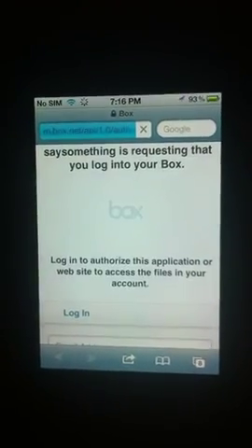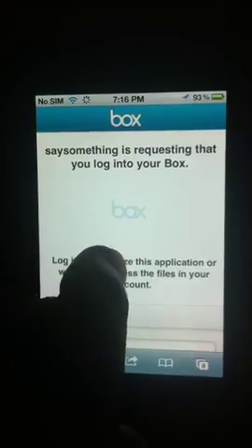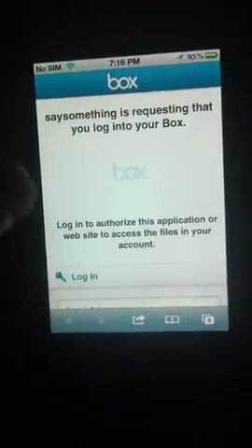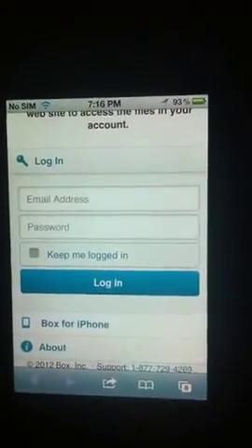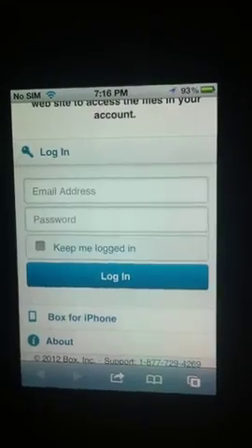So let's have a look here. What will happen if I press the login button? So it just switched and opened my mobile native web application, that is Safari, and now my mobile web page for the Box has been opened. Here I will enter my own credential for the Box account, and this app, once logged in successfully, will take me back.